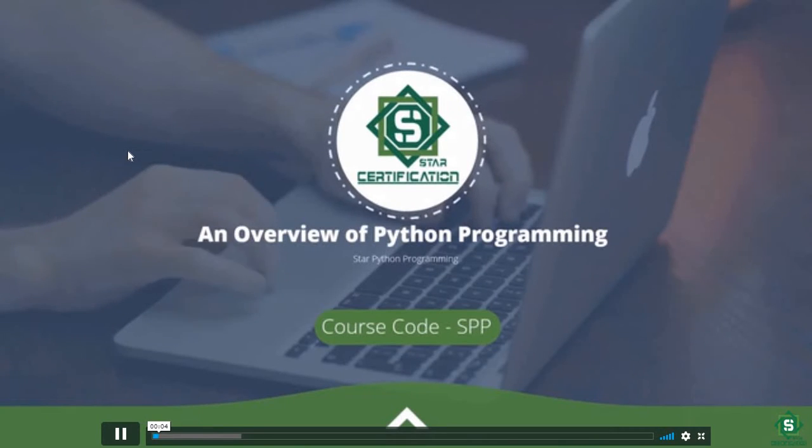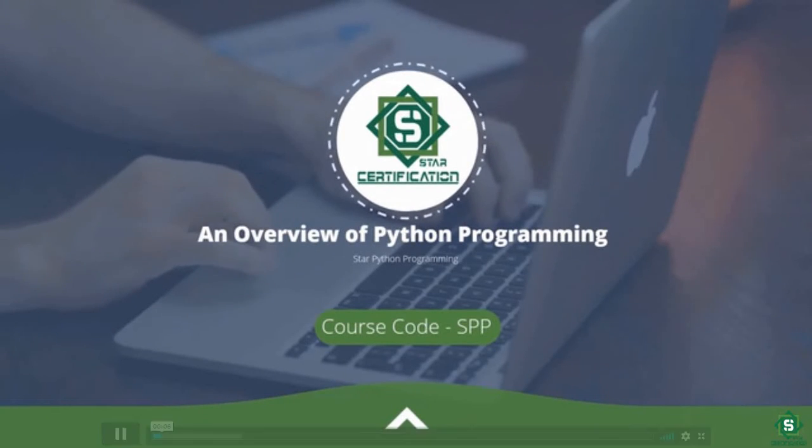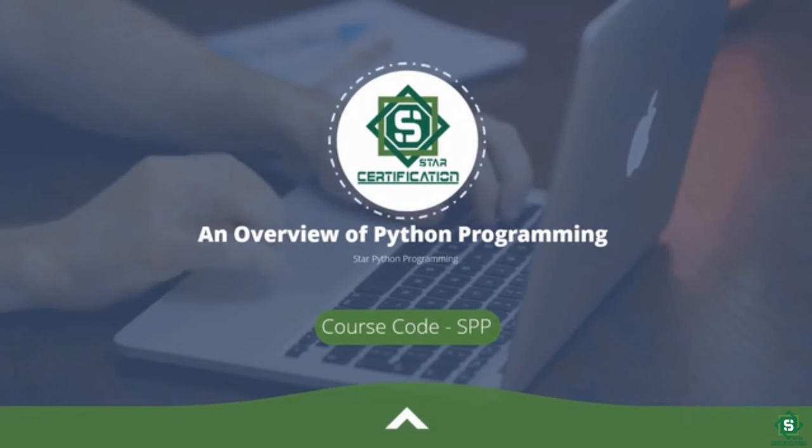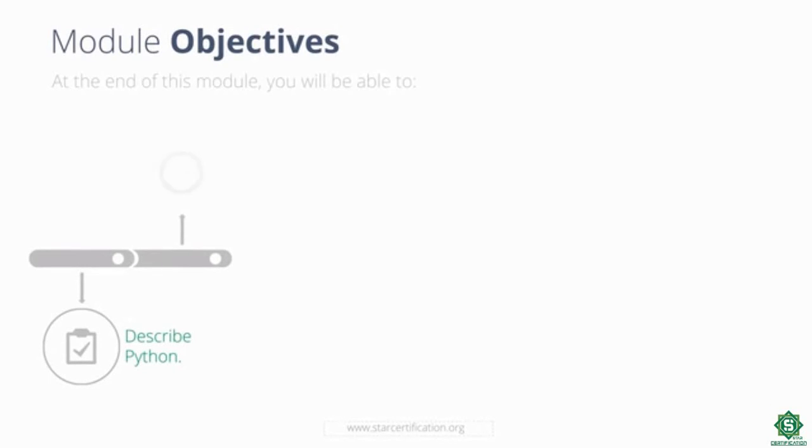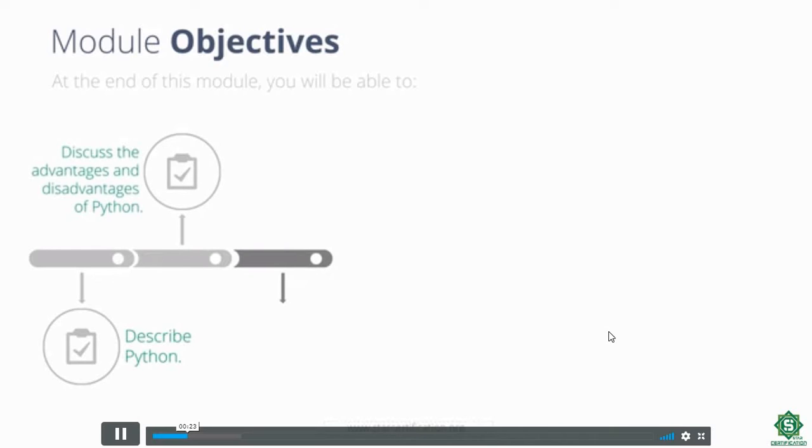This module provides an overview of the Python programming language. In this module, you will learn about the advantages and limitations of Python. You will also see the runtime execution of Python. At the end of this module, you will be able to describe Python, discuss the advantages and drawbacks of Python,